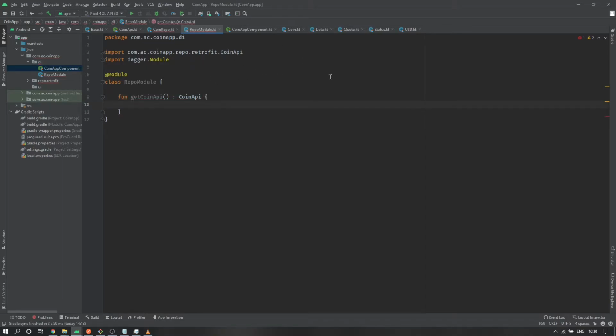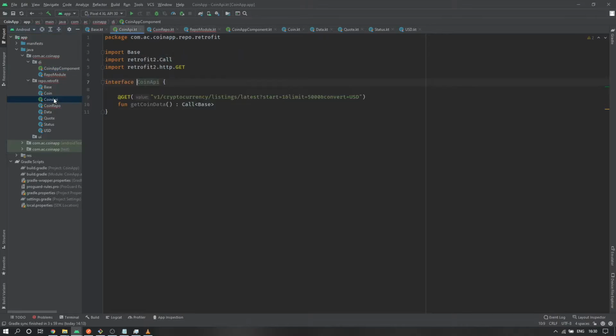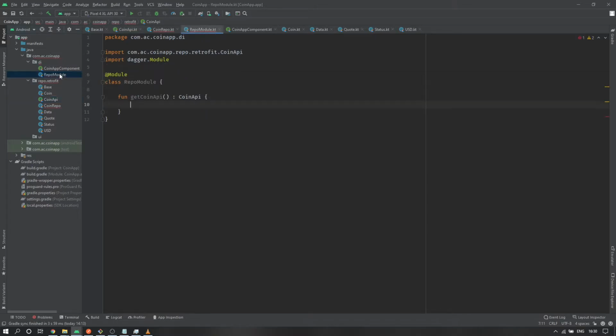So in Retrofit, we already have a Coin API interface that we need in order to access the market cap API HTTP calls. So we just have to implement, in this module, how to create the Coin API here. For that we need the HTTP client,